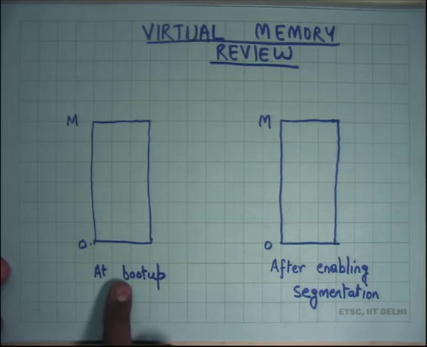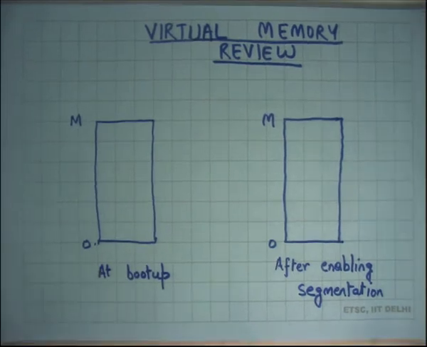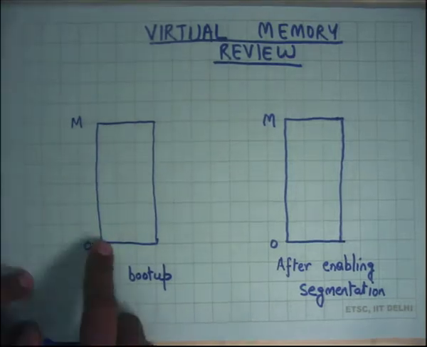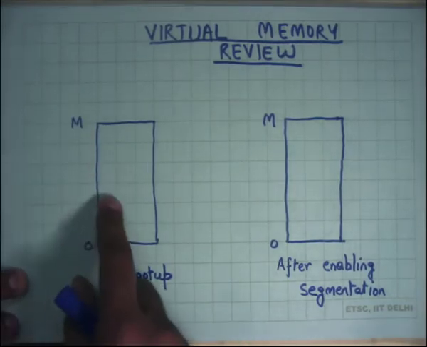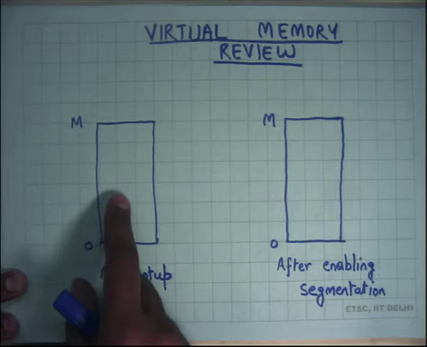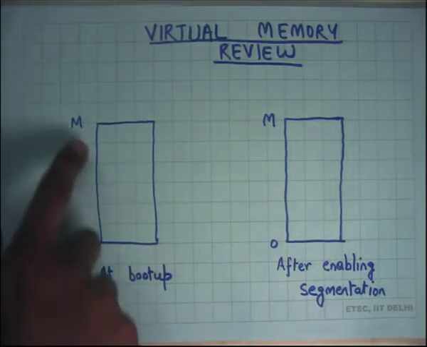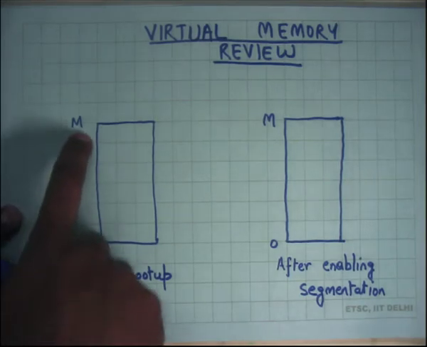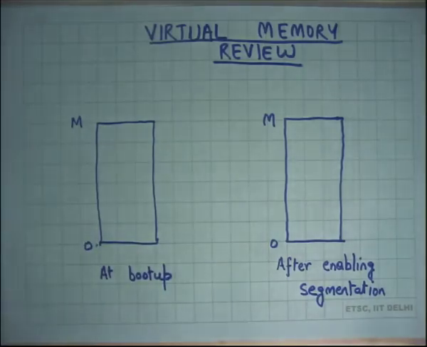When you boot up the machine, we said that we start in the physical address space, right? If you use address x, and x is less than m, then you hit the physical memory at that address x. You straight away hit the physical memory. There is no translation involved. If you try to hit a physical memory address that's greater than the available memory, let's say capital M is the amount of physical memory available in your system, then it will throw an error. So that's not valid, right?